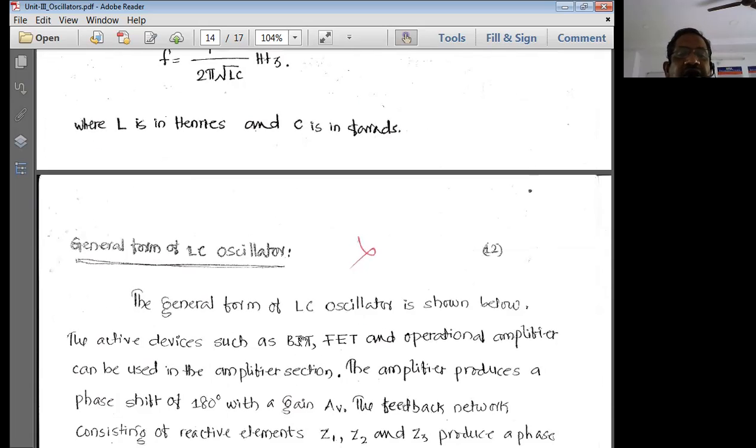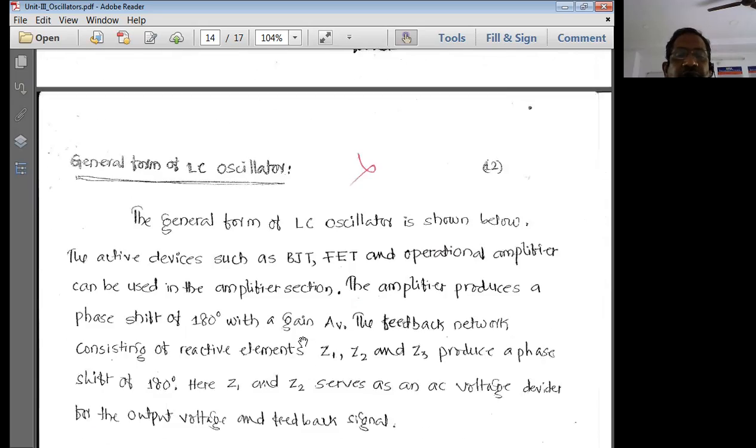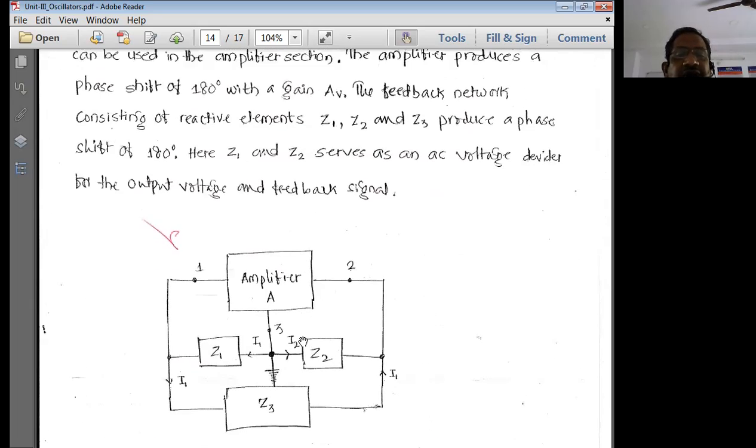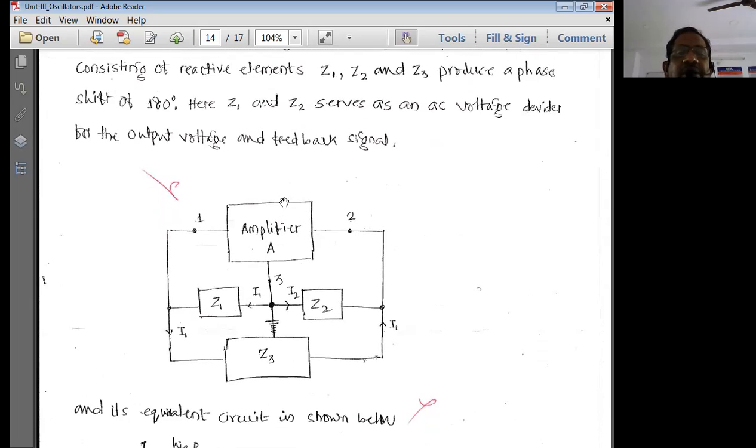Now we should understand the oscillator circuit. In the oscillator circuit, the amplifier can be a BJT or it can be a FET, of course. We are not bothering about the type of the amplifier, whether it is BJT or FET. We simply derive the generalized expression for the frequency of oscillations of an LC oscillator circuit. Let us go for doing that activity now.